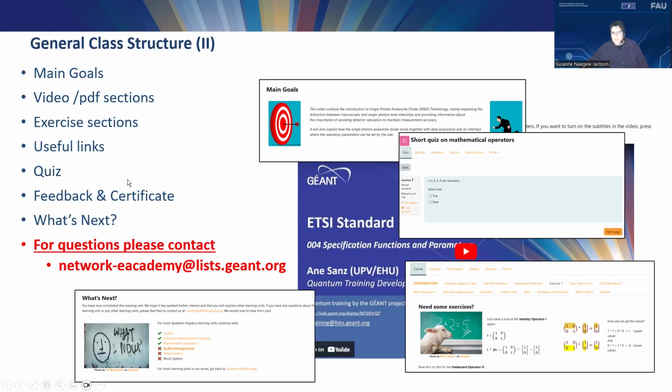And most of the units, except for the how-to videos, also have a quiz. And you can test your knowledge at the end and feel good about learning some new stuff. And we usually end with a what's next unit that gives you some guidance on what we would recommend for you as the next path.